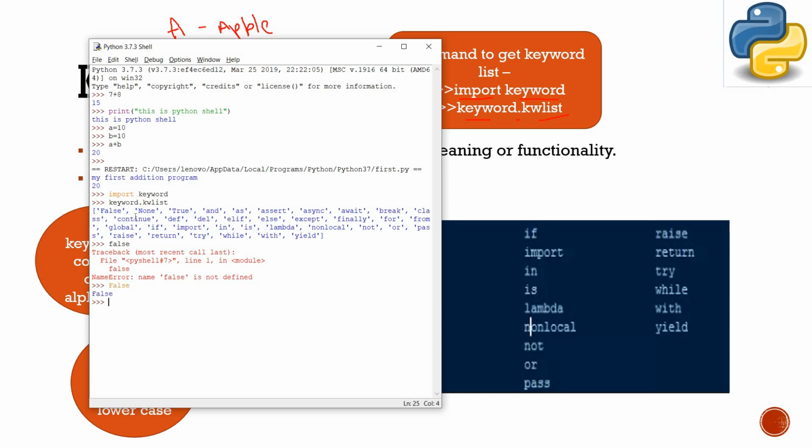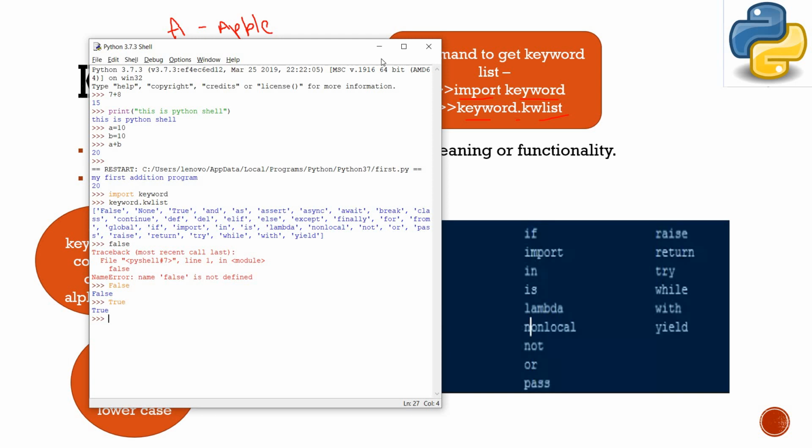What is None over here? See, False has the value 0. By default it is 0 in the language of computers. Same case, True has the value 1. Okay, True is 1. Whereas None defines a null value. In other languages we have null, whereas in Python we have None.